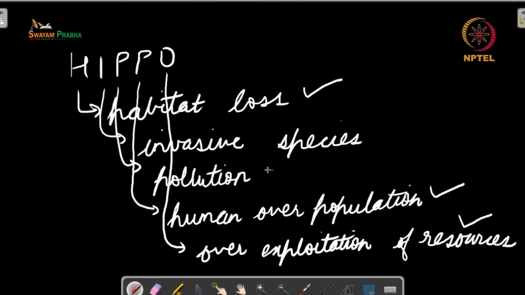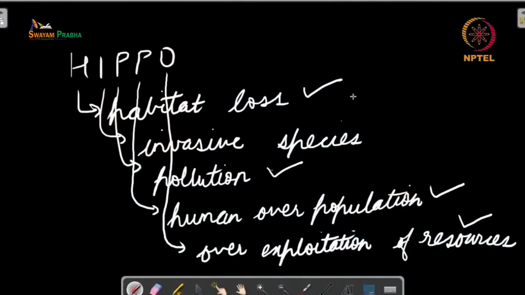Overexploitation of resources will also lead to pollution in the area. Why? Because there are so many humans, and so there is a large amount of sewage that is getting generated. When you have so many humans in the area, there will be a large amount of plastic waste getting generated. So many people living means that they will be having vehicles which would result in air pollution, or sound pollution, or light pollution. So with the increase in the population size, the amount of pollution is also increasing.